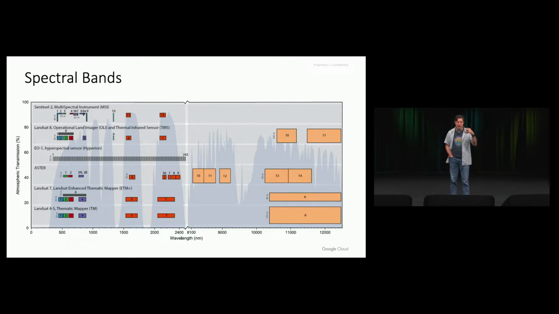And again, it's good to understand what these satellite missions or satellite instruments actually measure. So what are the spectral bands that they have? Spatial resolution, of course. If you look at this slide, what you see is an overview of the spectral bands of different missions or data sets present in Google Earth Engine. The top row shows Sentinel-2 spectral bands. These different boxes, what you see in this slide, the height of this box